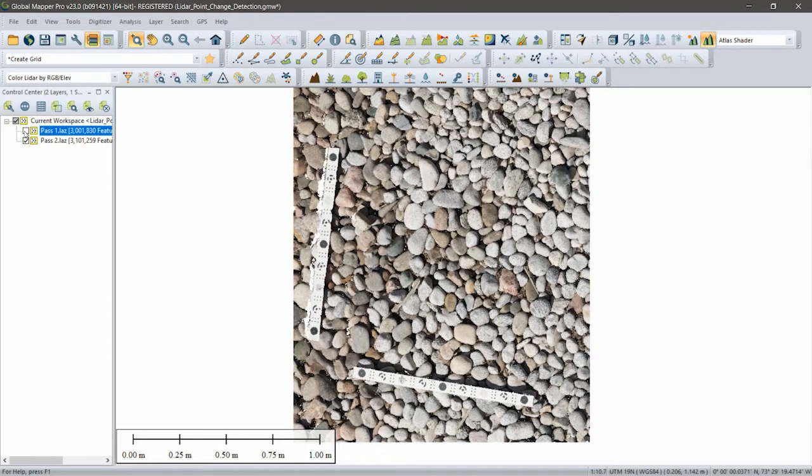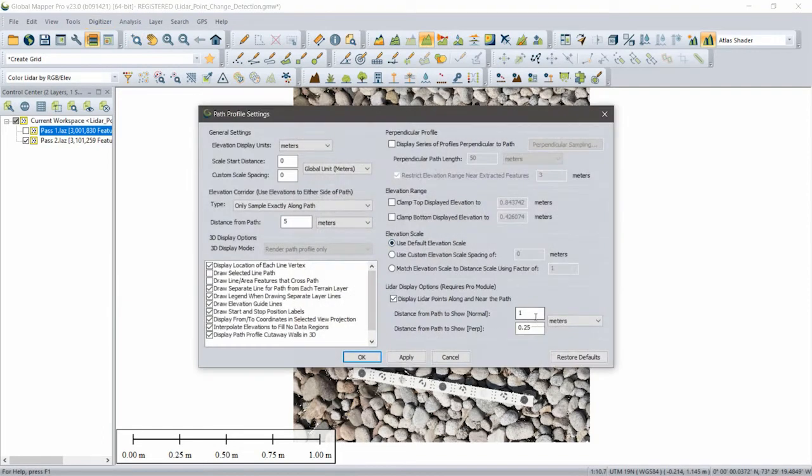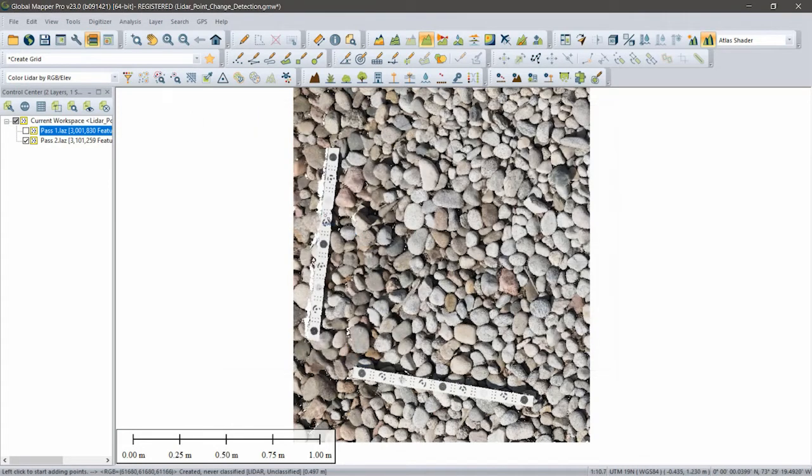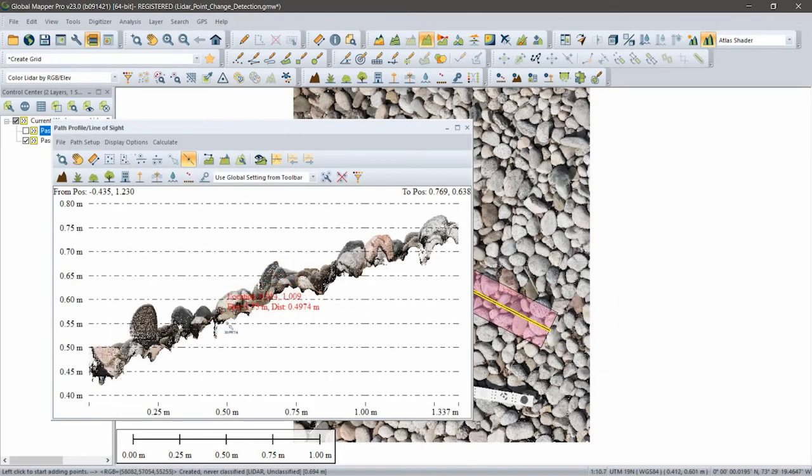Now, it is an important component of change detection, simply looking at your data, doing an alternating view, if you like, and maybe even drawing a profile. I'm very quickly going to draw a cross section here of a specific width that's a little bit too wide. Now I'm going to bring this down to about 10 centimeters in width, and I'm just going to draw a cross-sectional view here, hopefully in that process a little bit offset here,